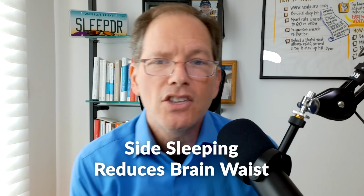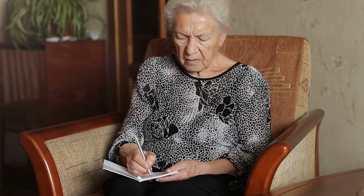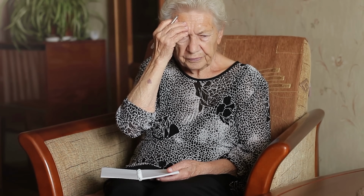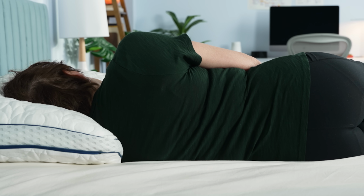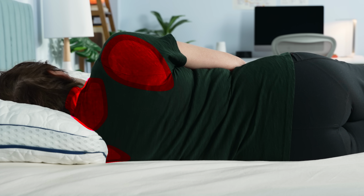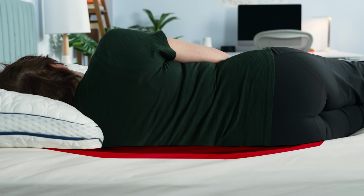And for people over the age of 50, that's me, side sleeping has been shown to reduce detrimental proteins in the brain linked to a higher risk of cognitive disorders like Alzheimer's. Now, the biggest downfall to this position is that if not done properly, you can actually see a worsening of pain points around your neck, shoulders, hips, and lower back. Why? It's because that's where your body is taking all of your weight